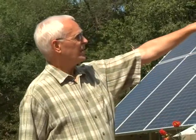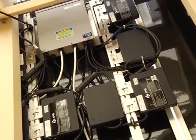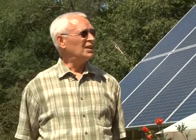On the second system we put in, the 10K solar system here, the inverter is actually in the back of that panel. So it's outside. They're called micro-inverters, and each pair of panels has its own inverter. Again, technologically very advanced. It's all made in Minnesota, engineered, designed, and manufactured in Minnesota. Probably as advanced a system as exists in the world for solar. It's one of the reasons we did it. You know, we really like to look at local, nearby things in terms of the design, quality, installation,